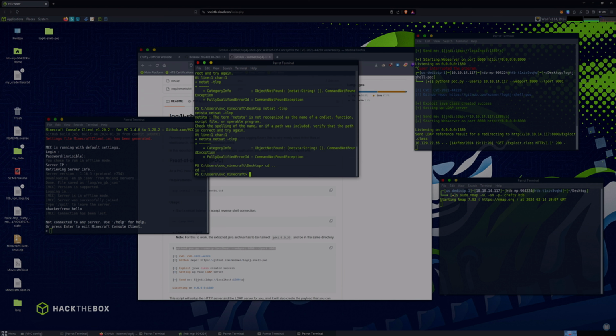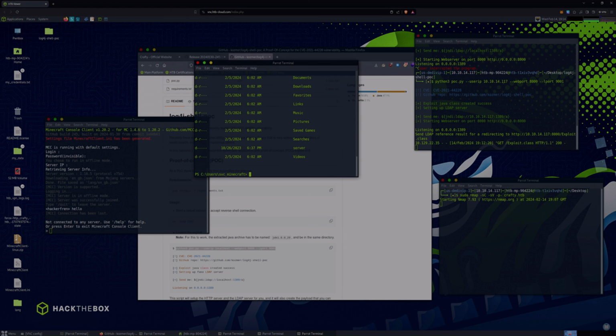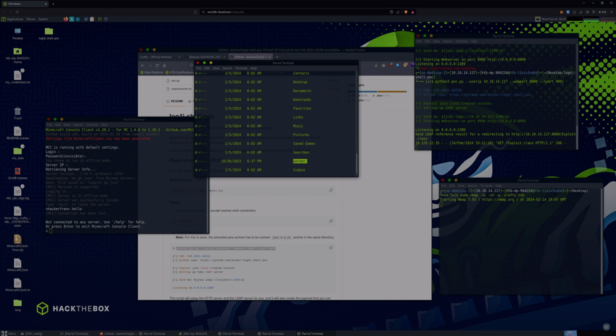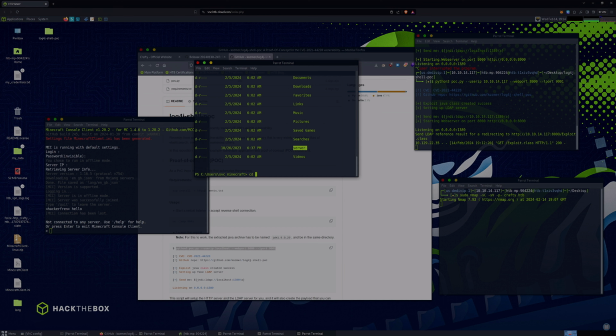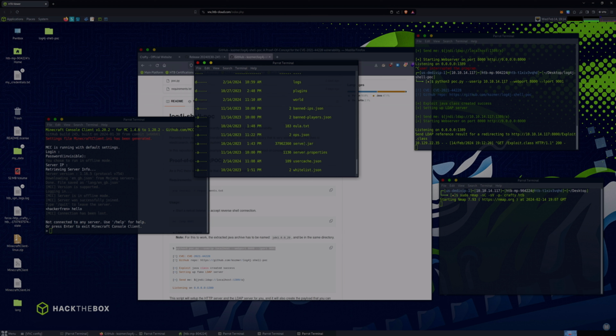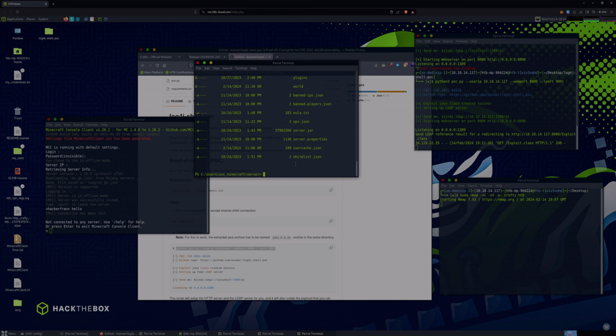In the home directory of the svc_minecraft user, we can see a server directory, which isn't normal, so we can check that out. And then in here, we've got what looks like all the files for the Minecraft server. This is where we originally land on the box when using the log4j exploit. We can enumerate all that, but when we look at plugins,